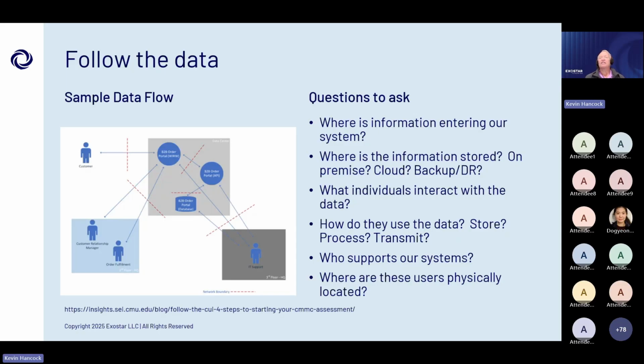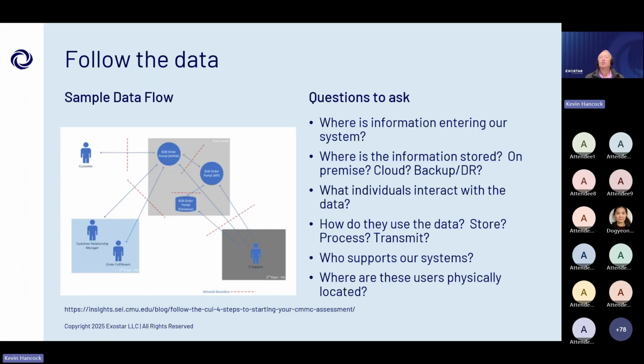Maybe it's an electronic system where you downloaded a particular bid or proposal. You've worked on a proposal and you submitted that proposal back. All of those things are part of the data flow across your organization. Now, it may also include people like admins, others in your organization. Maybe you have a review process with some leadership involved, etc. All those folks also access the information, they store it, they process it, and then all those systems that they